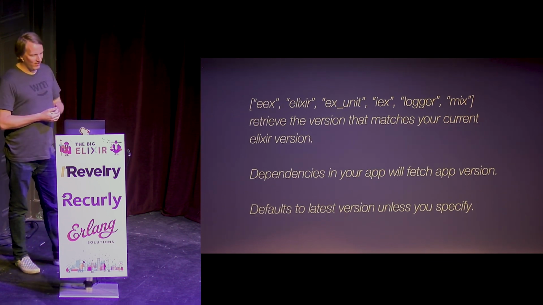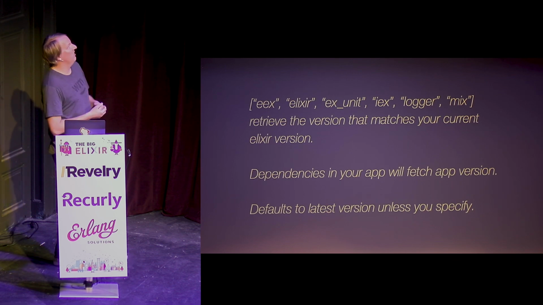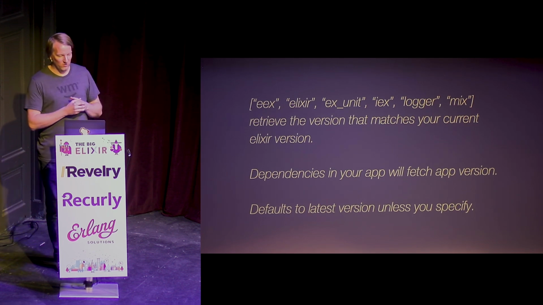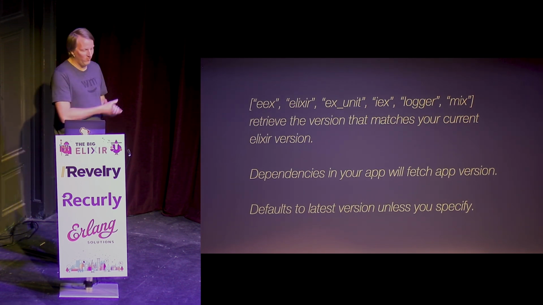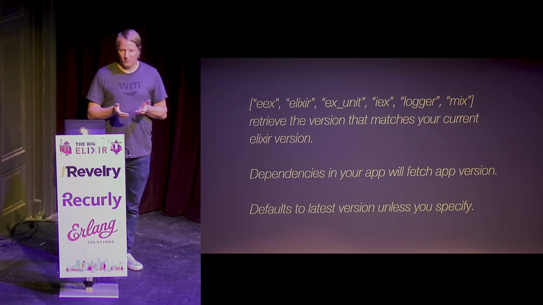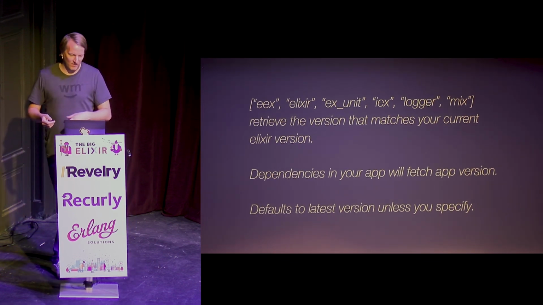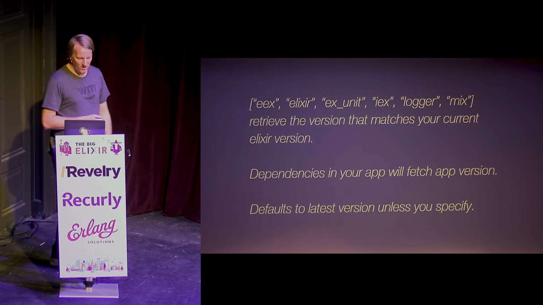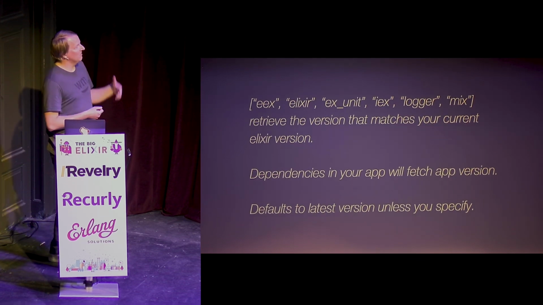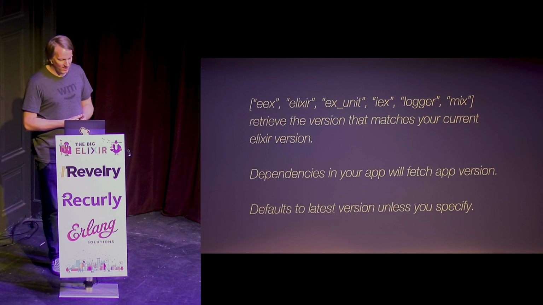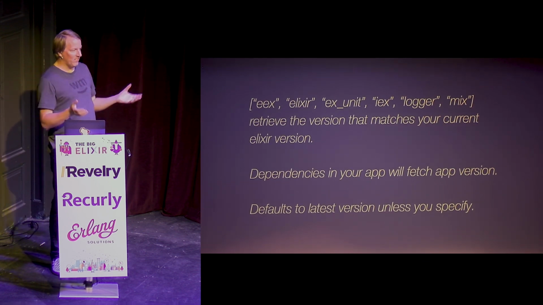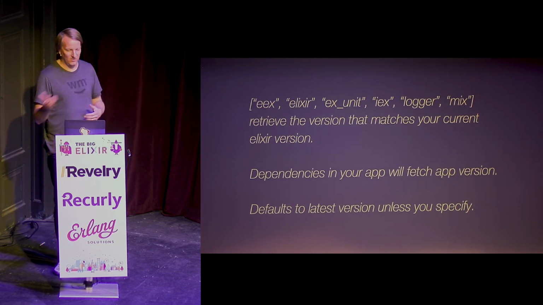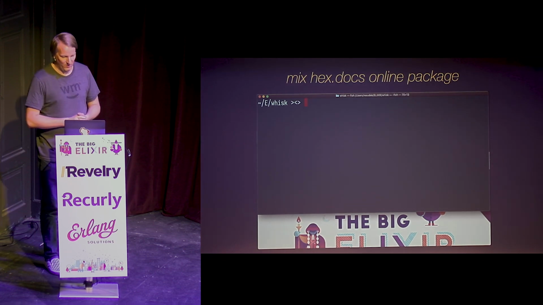And so a couple of different rules, I guess, or some logic that's involved with that: if you request any of these, so EEx, Elixir, ExUnit, Logger, Mix, it's going to look at your locally installed version. So if you are running on Elixir 1.8.3 and you type in mix hex.docs fetch elixir, it's going to know that you want to get the documentation for 1.8.3, not the latest version. If you're inside the context of your app, it's going to grab the version that's in your lock file, like I said. And if it doesn't have any other context, so if you're outside of a mix app and you give it a package name, it's just going to download the latest version unless you specify a version number.